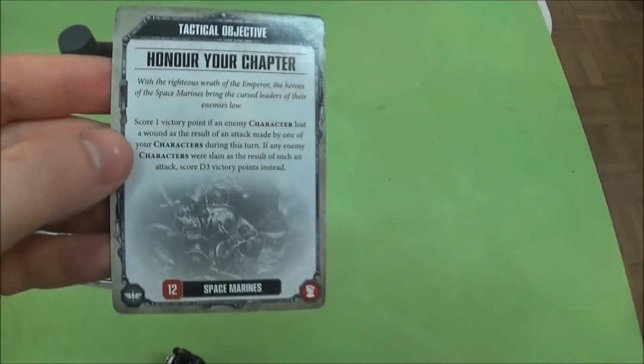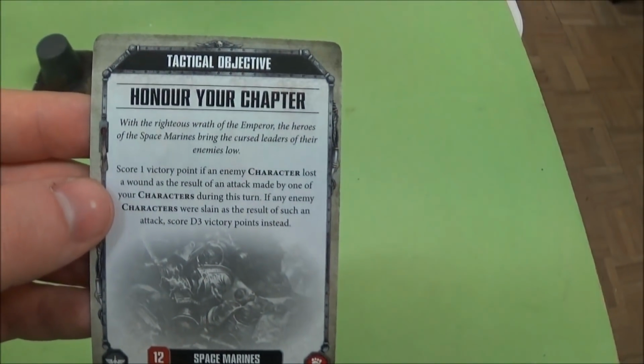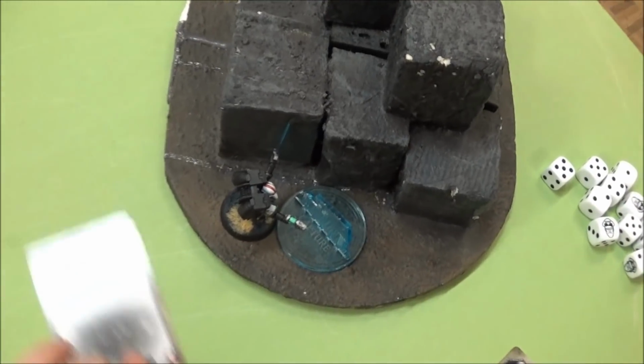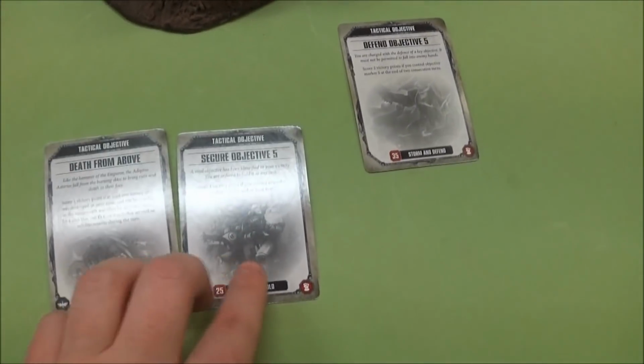One last thing to say before I forget, I'm going to get rid of Honour the Chapter because I don't have my jump pack captain anymore, just in case anyone wonders where that goes. So this is the cards that Simon drew. I'm going to let him keep defend 5 because he's only got 1 Marine holding it. I'm going to get